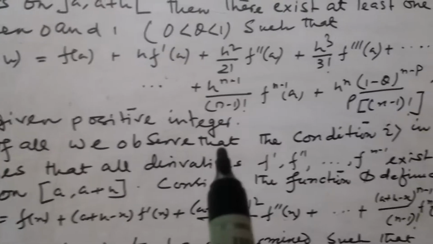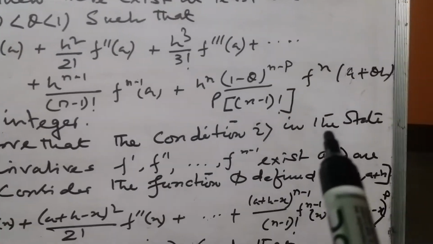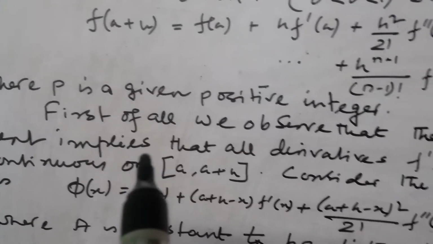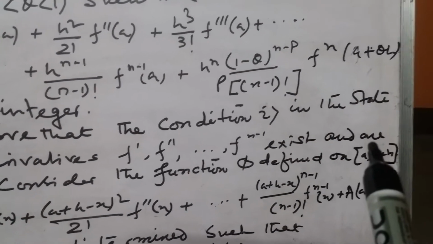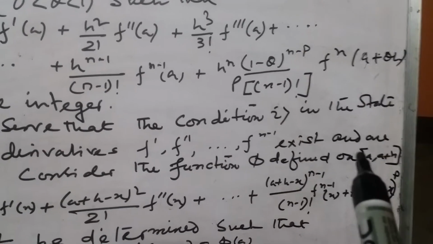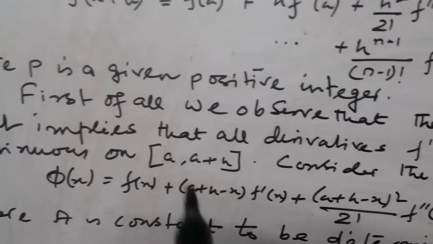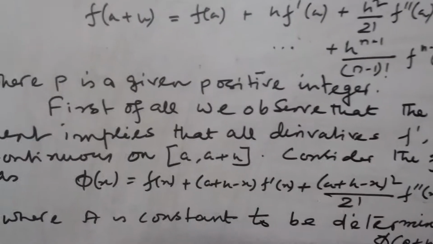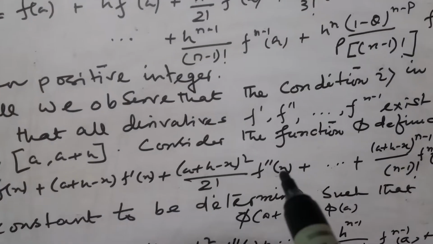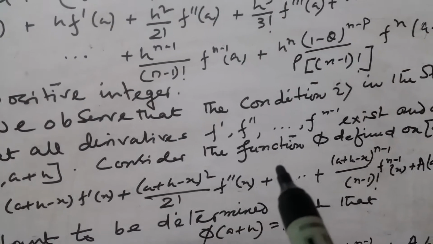First of all, we observe that condition 1 in the statement implies that all the derivatives exist and are continuous in the closed interval [a, a+h]. Consider